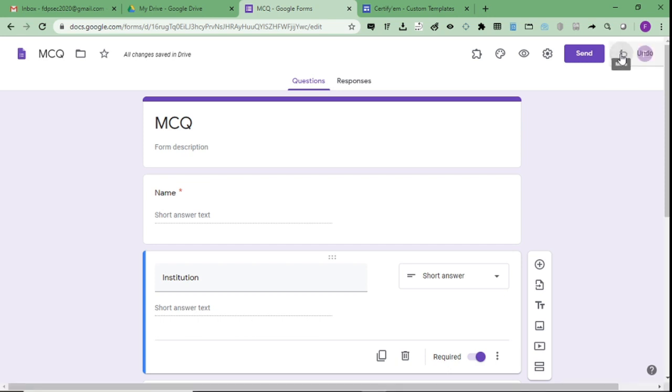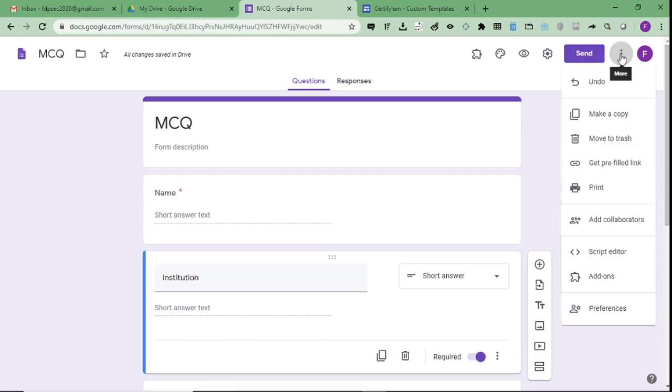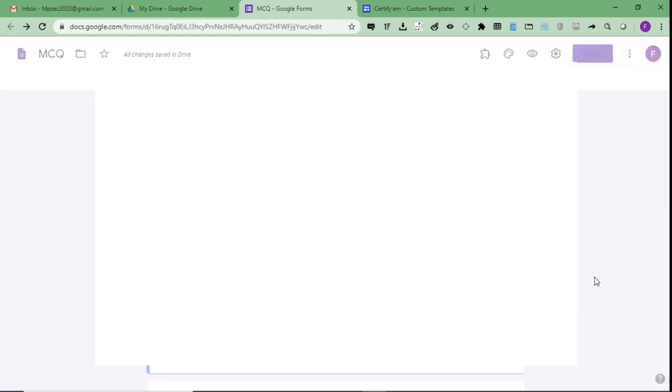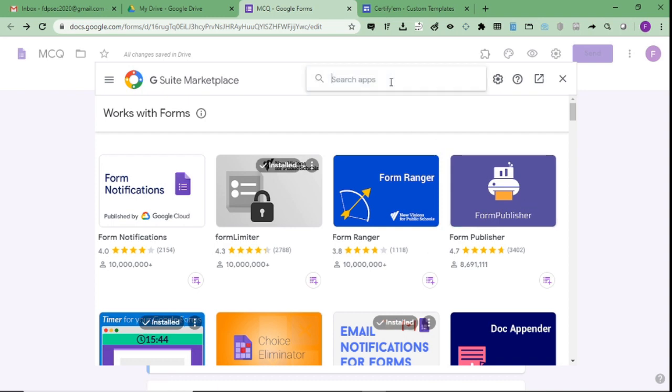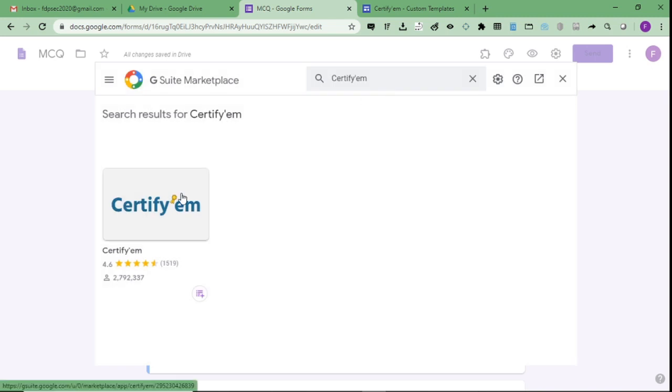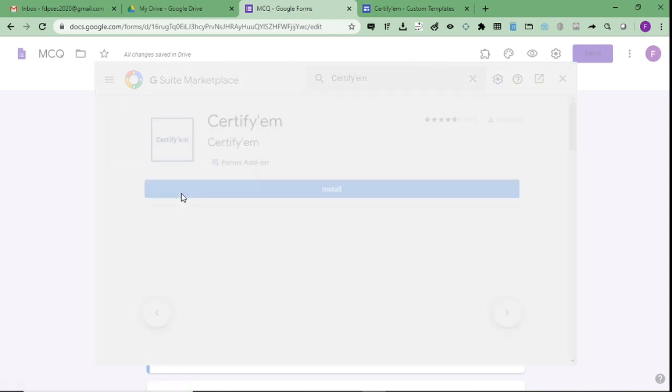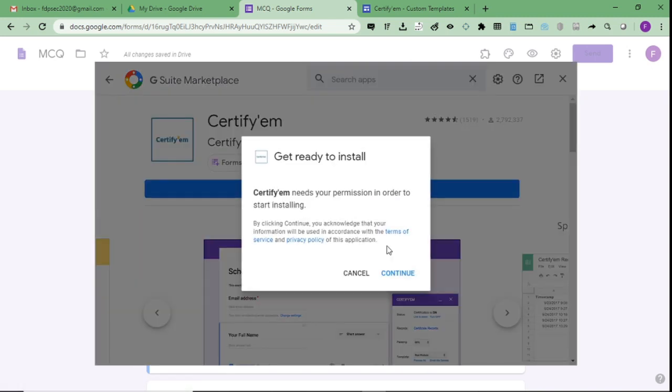So I go here, I click on the three dots next to the send button and we go to add-ons. Once this gets loaded, let us search for the Certify-M add-on and let me install this particular add-on. So I'm installing this now. Let's agree with the permissions